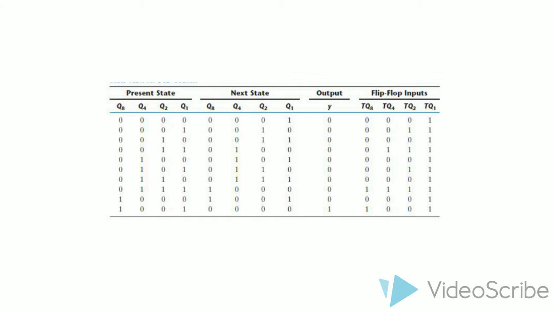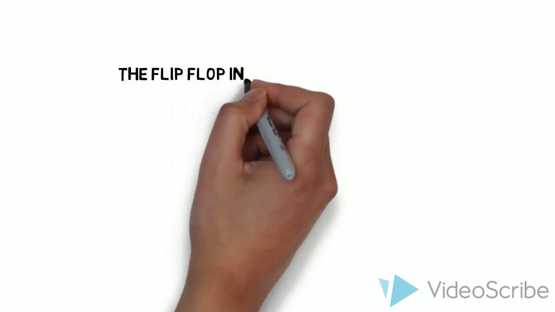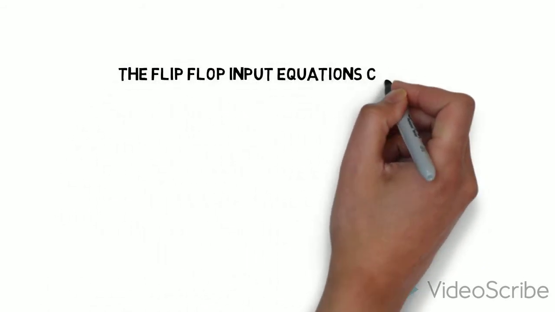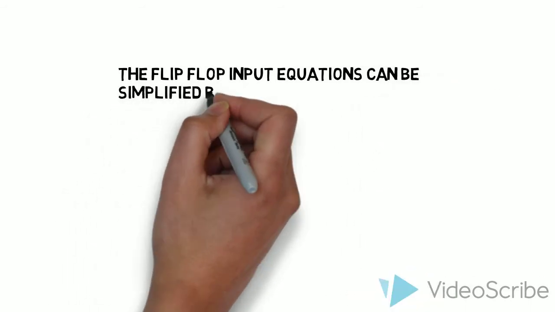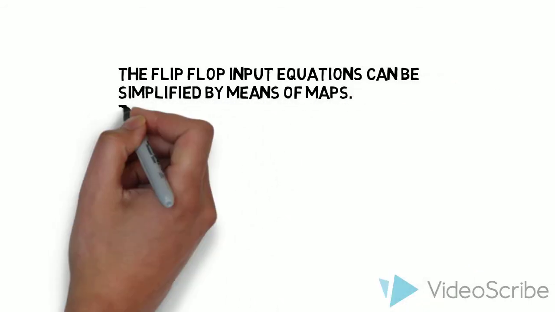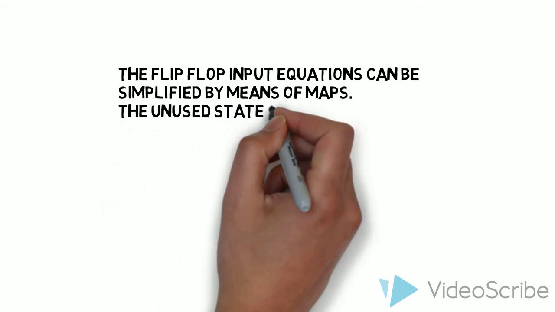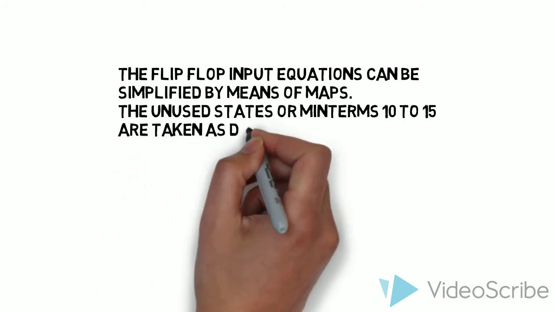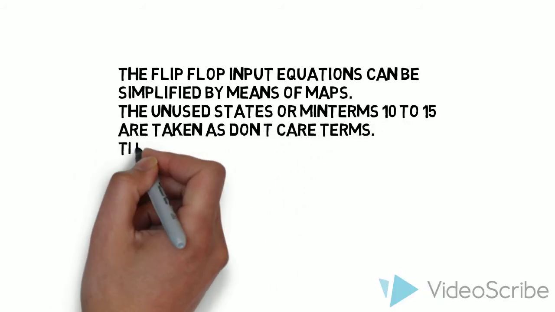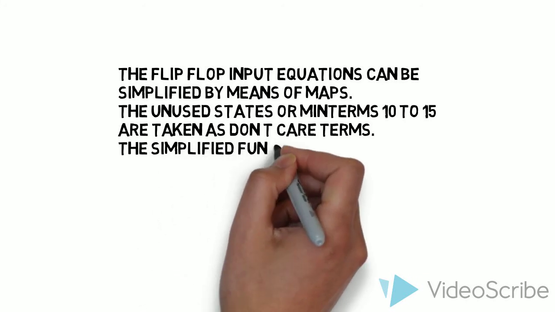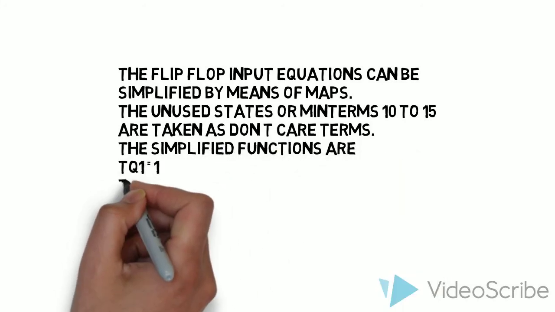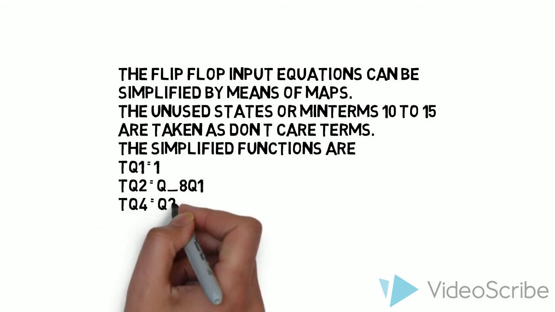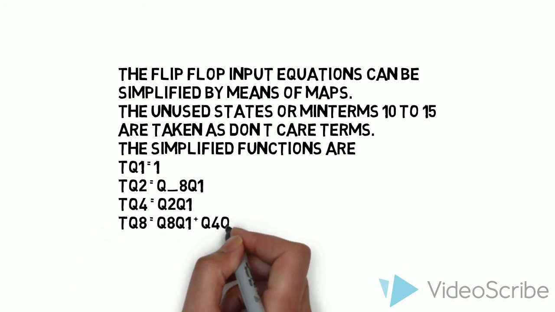Then the unused states or minterms 10 to 15 are taken as don't care terms. The simplified functions are TQ1 equal to 1, TQ2 equal to Q8' Q1, TQ4 equal to Q2 Q1, TQ8 equal to Q8 Q1 plus Q4 Q2 Q1, and then Y will be equal to Q8 Q1. The circuit can easily be drawn with 4 T flip-flops, 5 AND gates,